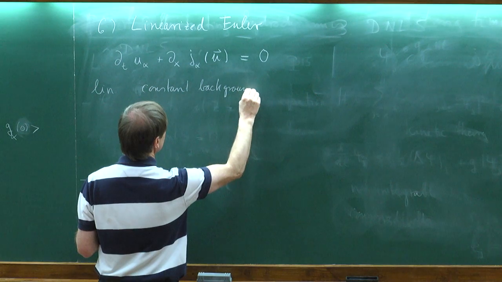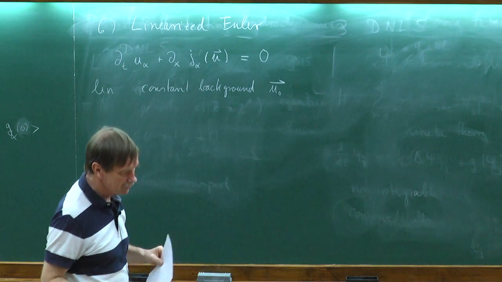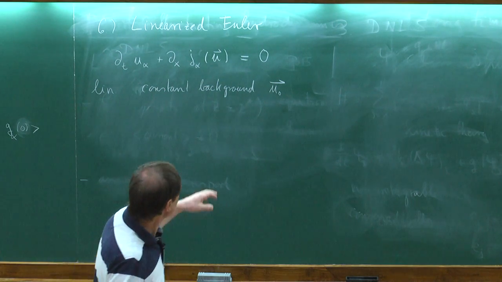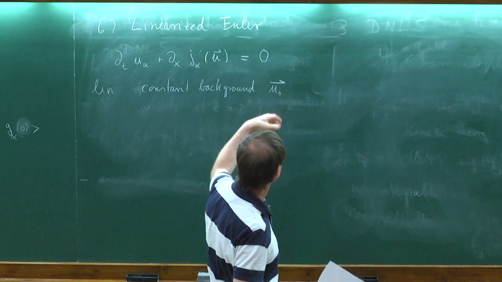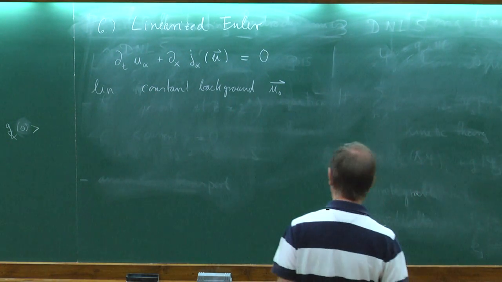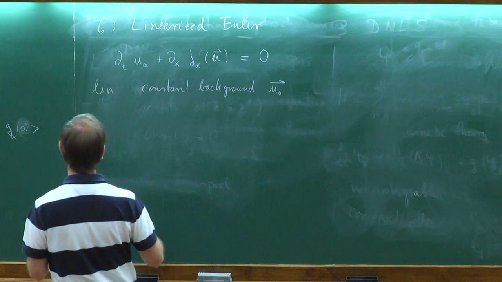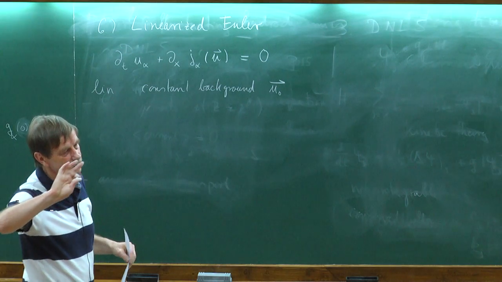I mean, maybe I should call it U0. So that's just completely uniform. And then I do a small perturbation, and so I have to linearize this thing, and the small perturbation I call again U, because otherwise, if I start distinguishing, it will become incomprehensible. So the linearized equation, and the background field is somehow completely dropped from the notation.